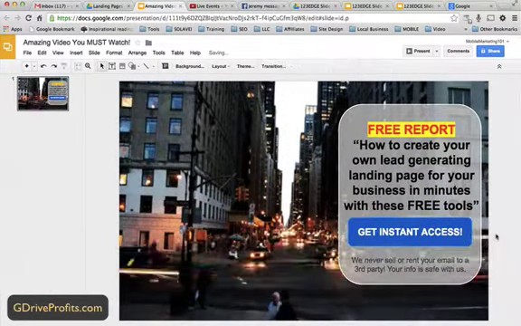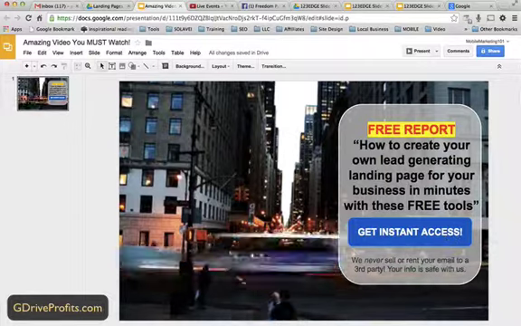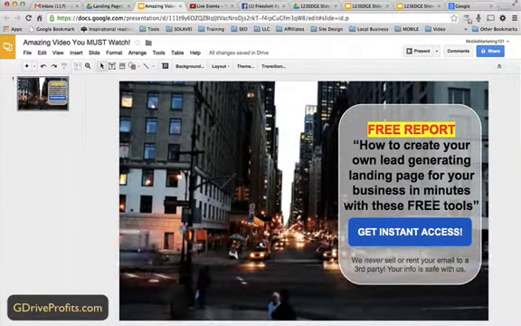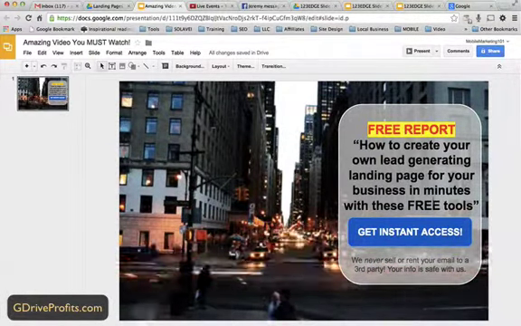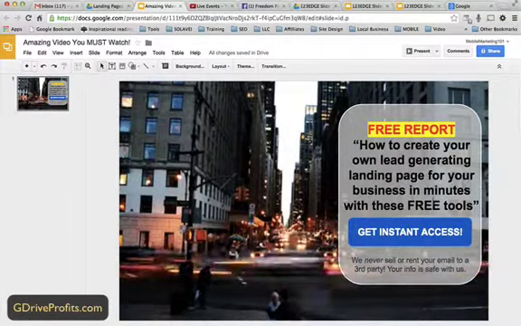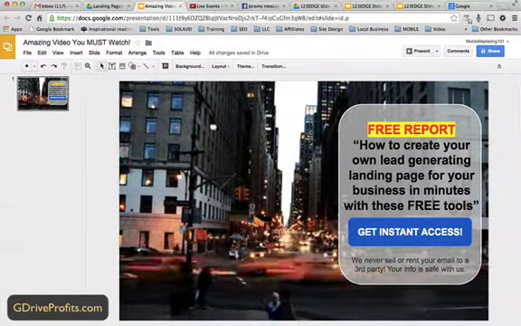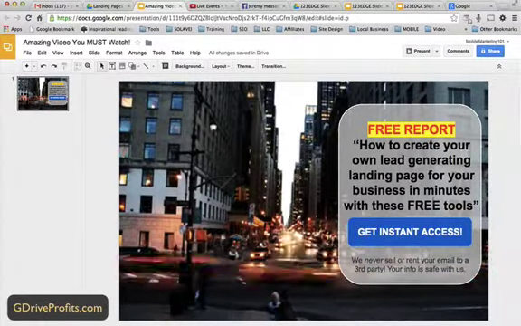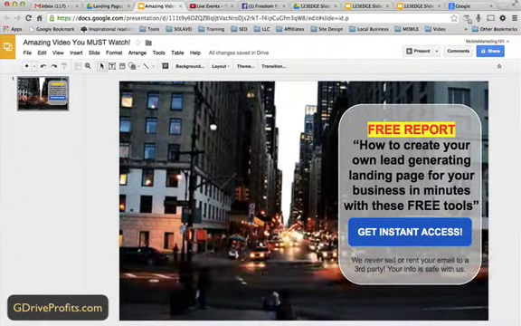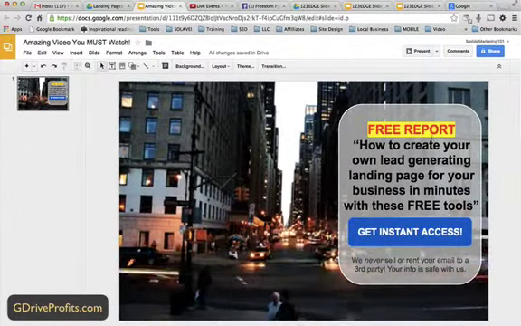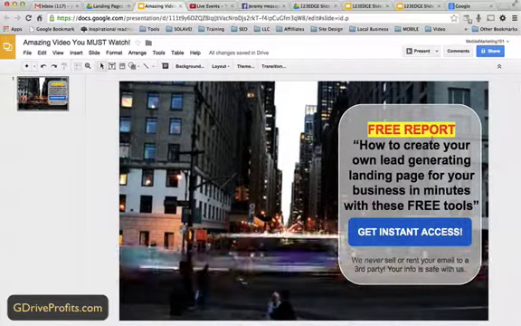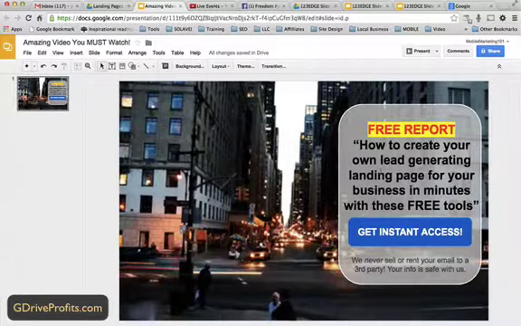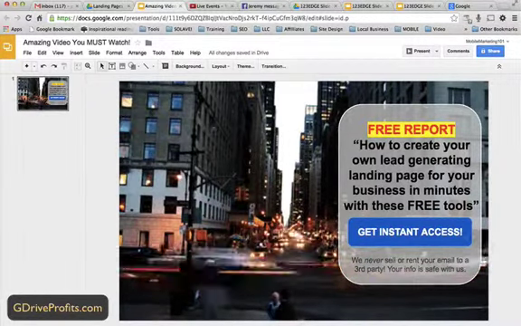There's actually a way you can collect emails using this whole process with another free tool that is absolutely free, and you can do it using the same technology here where you're collecting emails without an autoresponder. And I can show you how to do that in the next video. Basically, once you have this set up, and this is really all you need with your compelling offer, your unique selling promise that you're going to give them on the other side when they click this button,